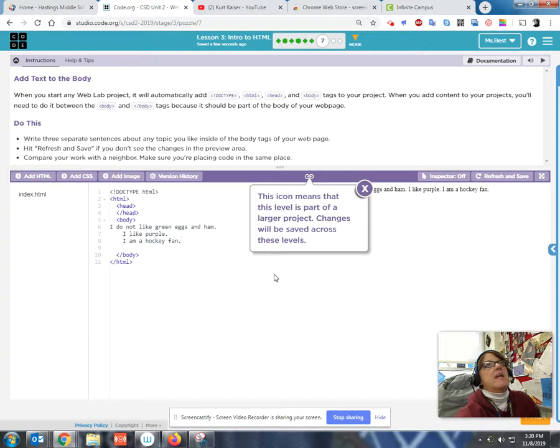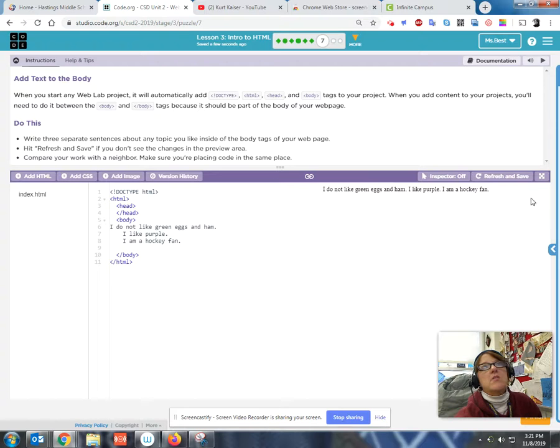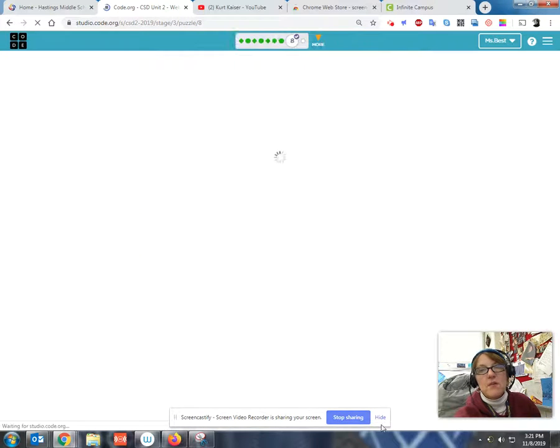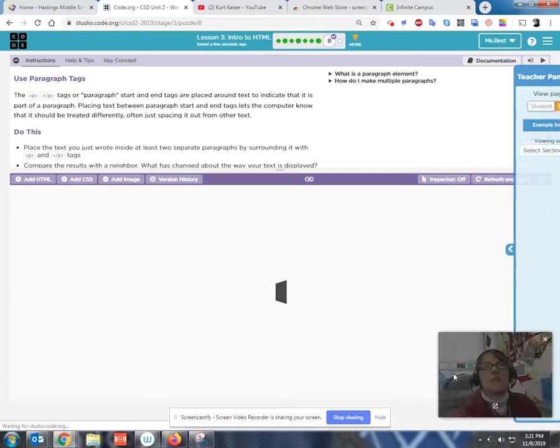Okay. Notice, oh, this is something I haven't seen before. This is part of a larger project. Changes will be saved across levels. You can close that. If yours wasn't showing, hit the refresh and save button, and there it is. That's all you have to do on this level, because when you finish, now what it's going to do is